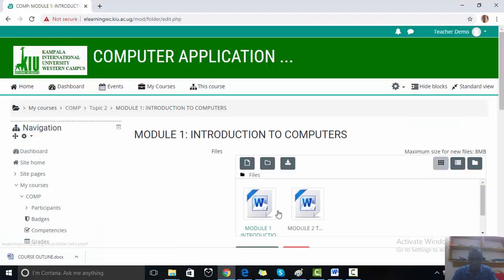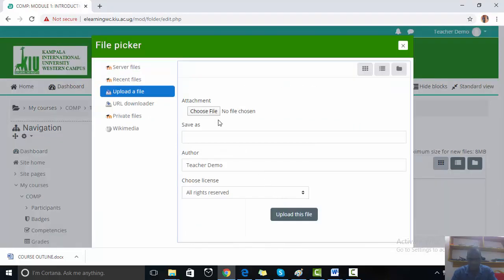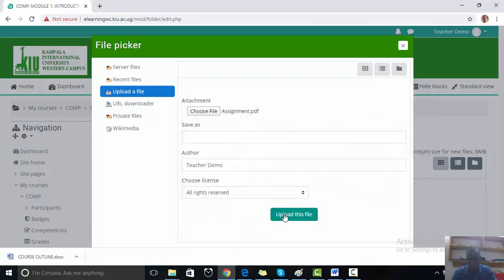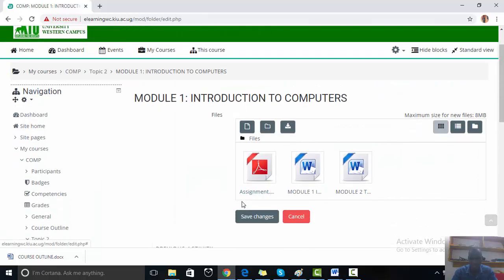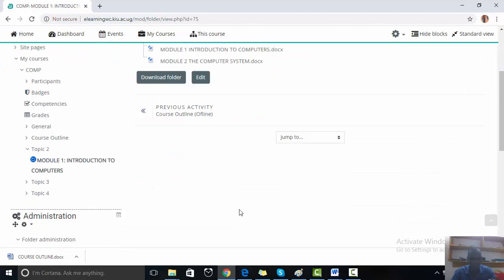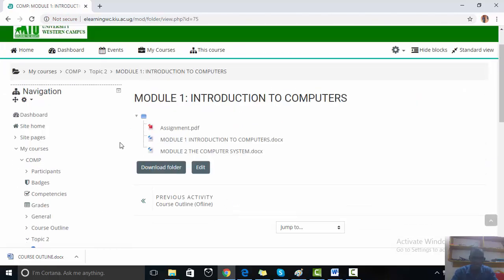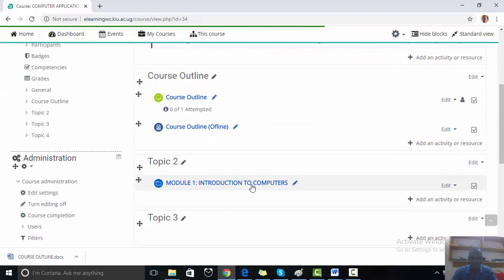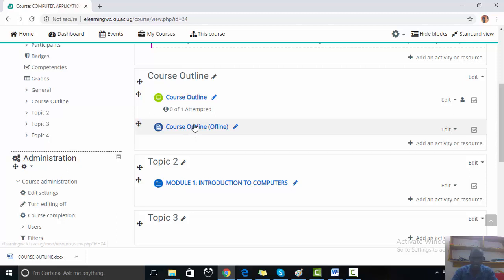We can add also module 2 there. We can also add another file, maybe like this one. We can also add it there, such that we have 3 files in one folder. And then after that, we are done. We can get back to our course and then see how it looks. So this is how it looks. When you click on it,